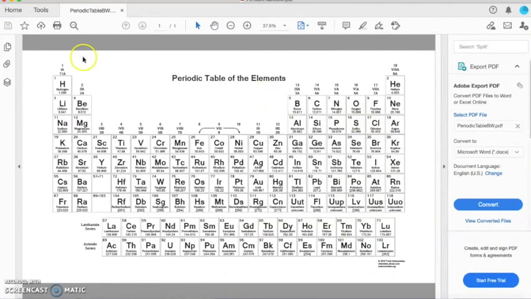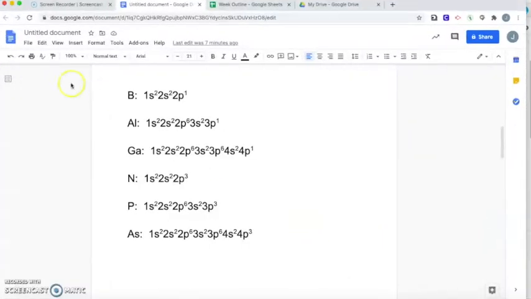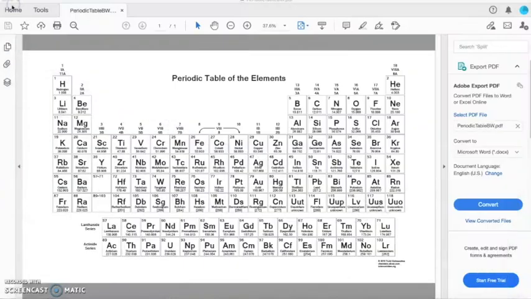Let's find 3. I count down 3. Then I go to the P's and I go 4 over: 1, 2, 3, 4. There's sulfur. All right. So now they're saying we want to look at here